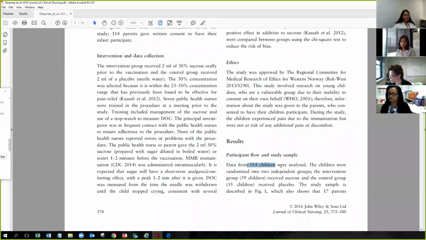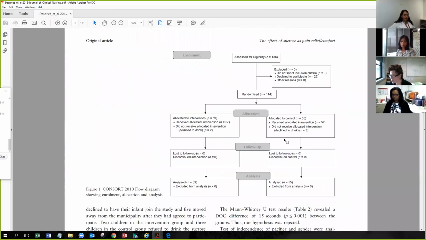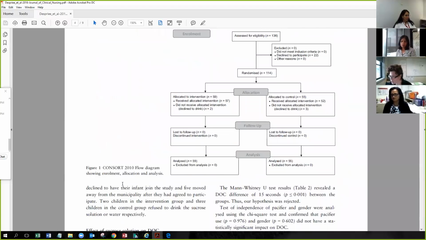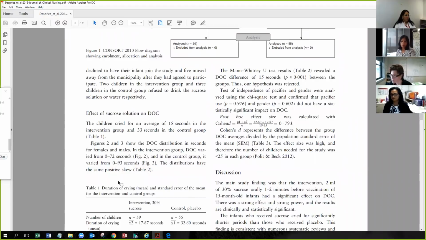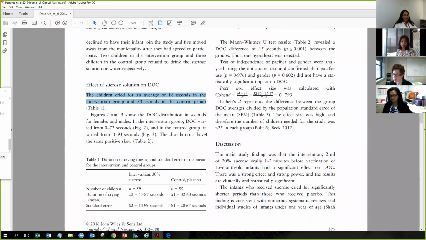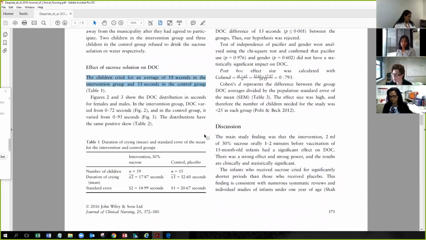You've got here that 114 were analysed, but then you need to go a bit further to find what were the actual results. And here we've got that the children cried for an average of 18 seconds in the intervention group and 33 seconds in the control group. Okay, so that's your actual result that you have there. And you can see here in the table as well, the results are there as well. In terms of where else I found it as well,